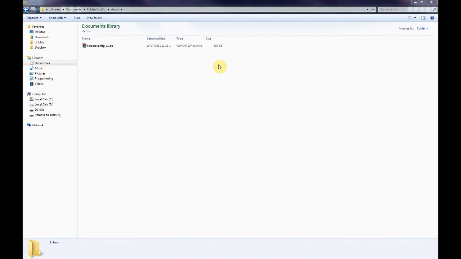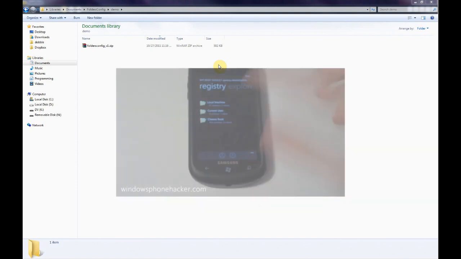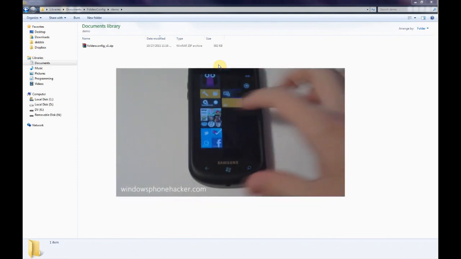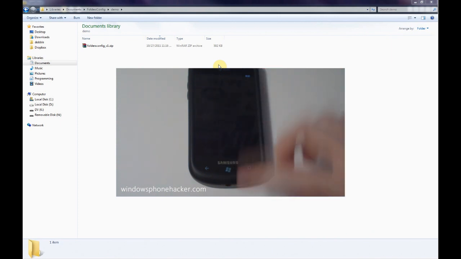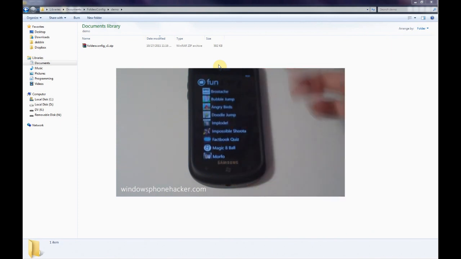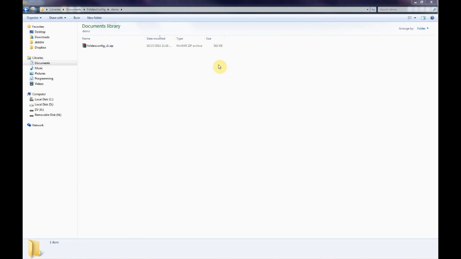Today I'm going to demonstrate how to use the folders application that is going to be released. Actually, it should be released right now. It was planned to be released about an hour ago, but this computer is being less stable than Schrodinger's